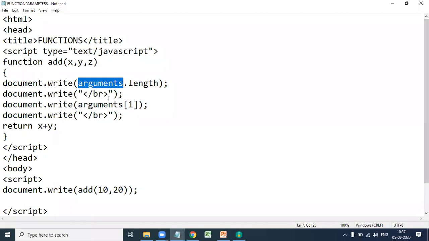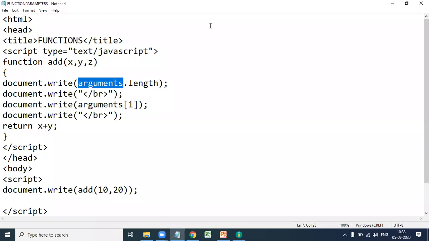Here first, document dot write arguments dot length. What is the value of this one? Arguments dot length gives the number of actual parameters. Next, arguments of 1 accesses the actual parameters.